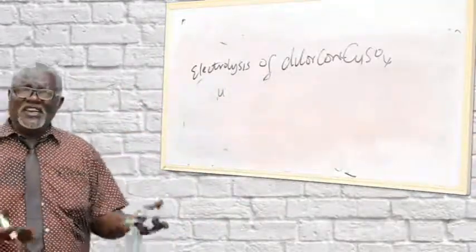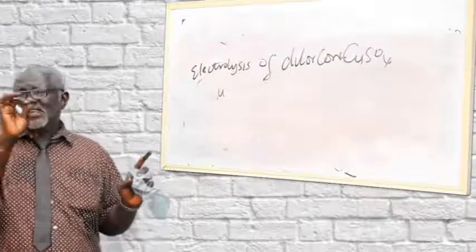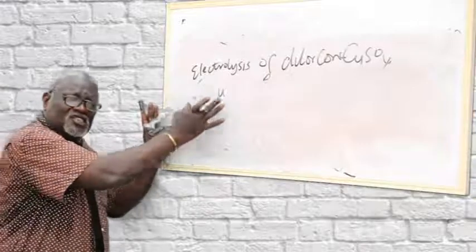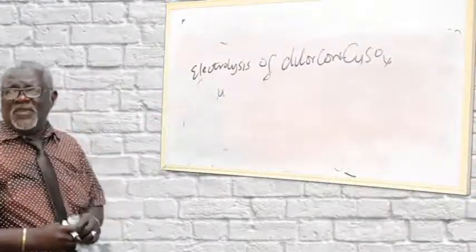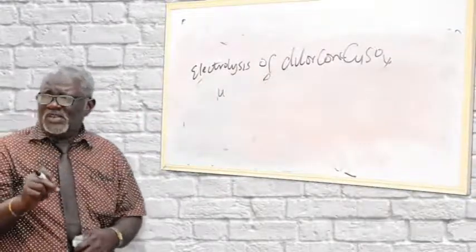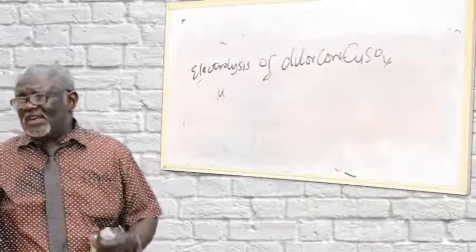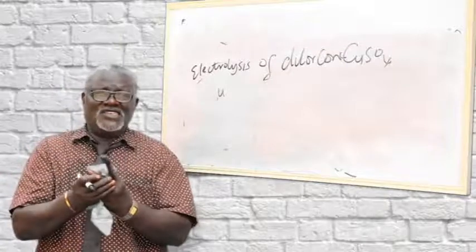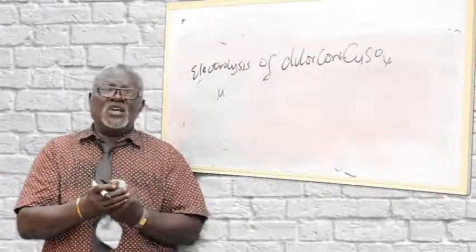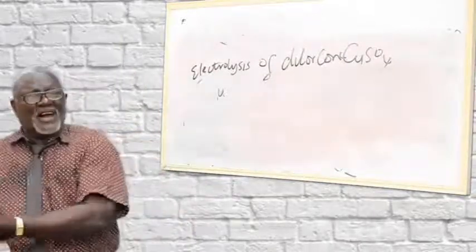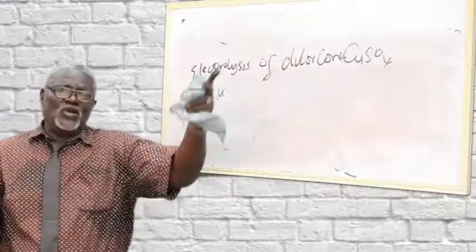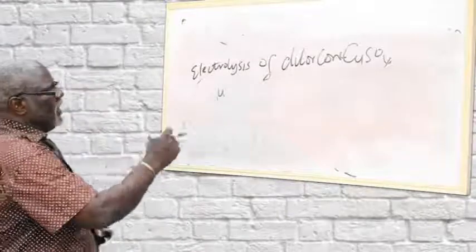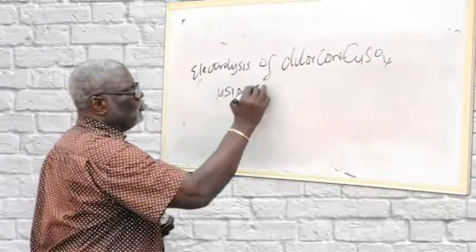So what happened? The nature of the electrode will now affect discharge at the anode. That is the problem of this particular electrolysis, because we are changing the electrode used. The common electrodes used in electrolysis are platinum and graphite. They are inert and do not affect the reaction. So when you change them and use a metal, the reaction at the anode will be affected. The nature of the electrode comes in. So for this electrolysis, we are using copper